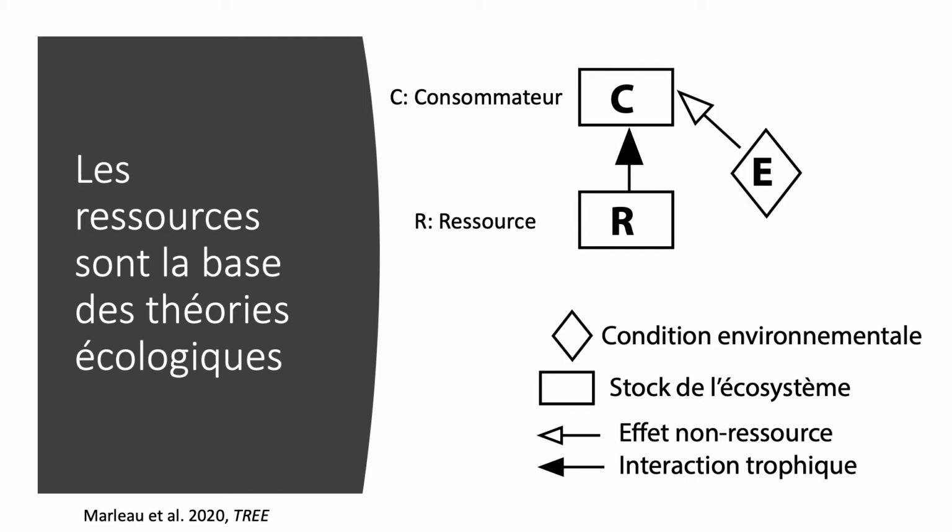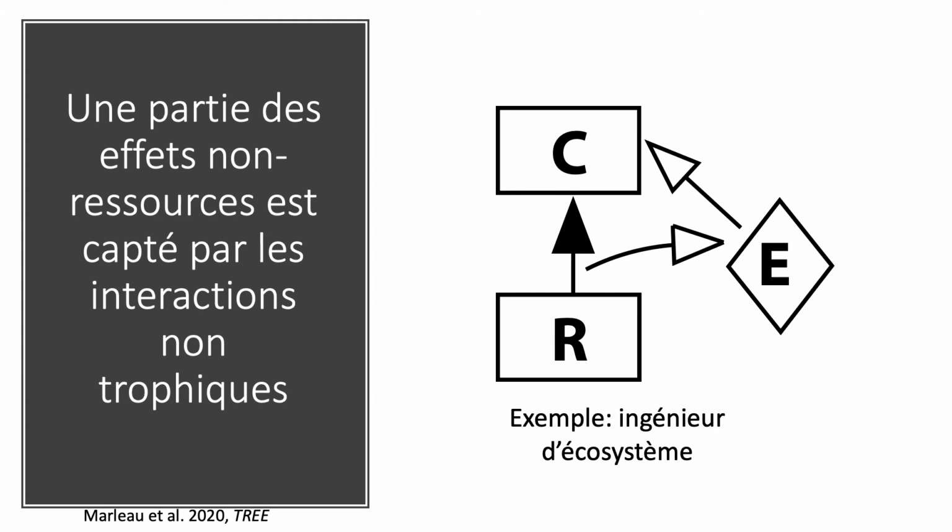So environmental conditions such as pH, temperature, etc., have big impacts on these fluxes of resources and the stocks of resources. And so these lead to, say, non-resource effects, and these can be very important. One of the ways that we integrate this in ecosystems is that we look at non-trophic effects, such as ecosystem engineering, where an interaction or an organism ends up changing the environment. So it releases acid into the environment, and that affects the consumer. And so this is very good if we are interested in the biotic effects on the environment.